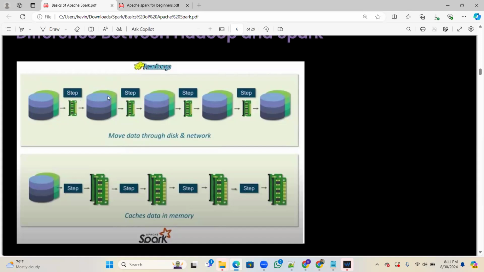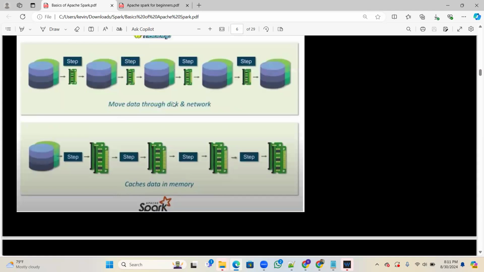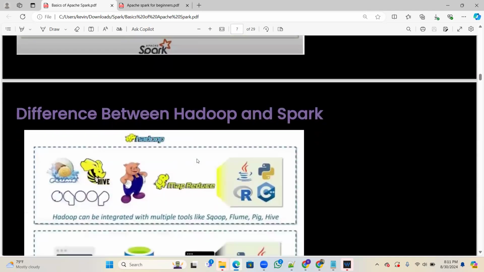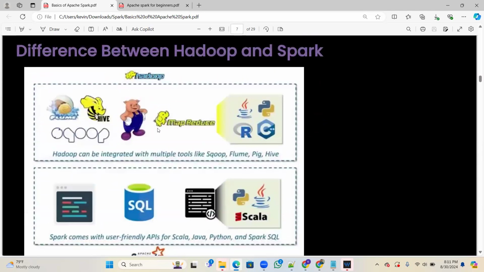In between, you see, this is a Hadoop environment, where it is storing the data somewhere else. You can take this as HDFS. Okay, so through disk and network, it will process. And if you see the differences, whereas in Hadoop,